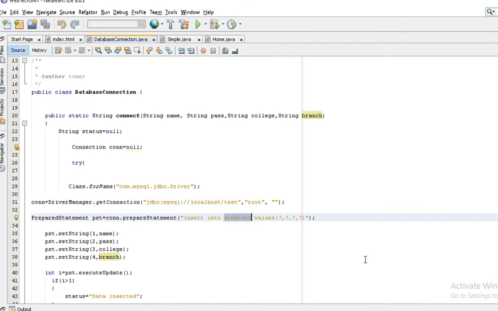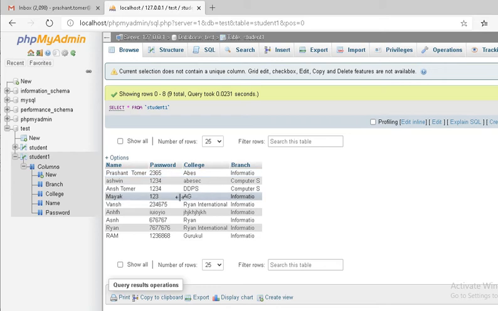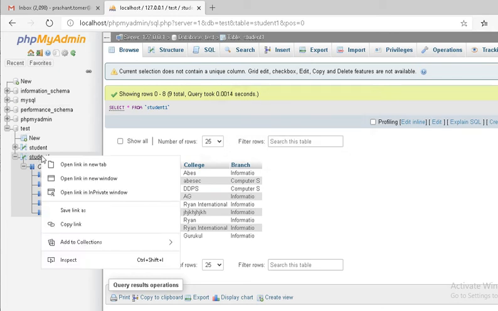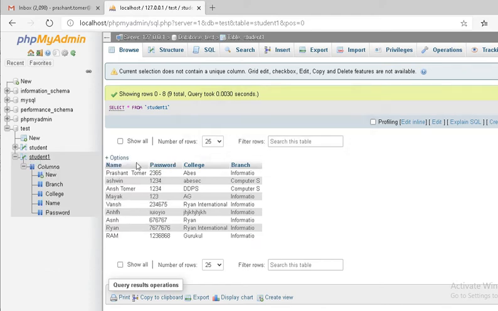I want to insert some values inside the student one table. There are already many fields inserted, so I just want to add some new entries inside it, and we will check if they are updated or not.